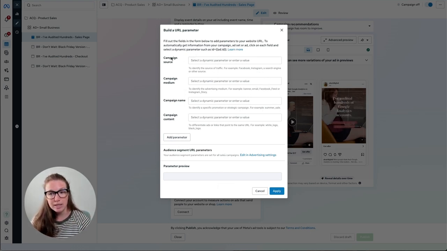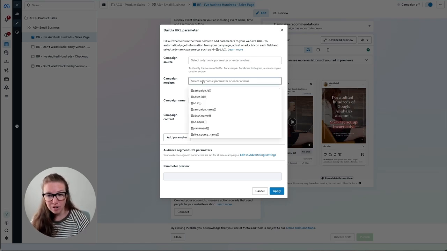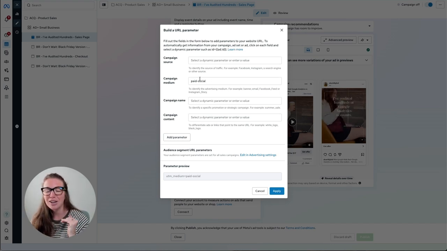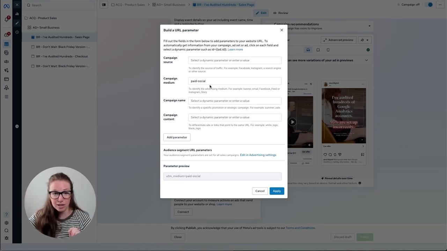And what you would do is each of these are a different UTM parameter that you would populate in here. The big one to be mindful of is under campaign medium. You want this to be paid social or CPC or something along those lines that determines that this is paid. If you do nothing else and you at least put this one in here, you're going to be able to see in your Google Analytics that these clicks are from paid Facebook and Instagram, and these clicks are from organic content. If you don't do UTMs at all, everything is going to get lumped under organic.